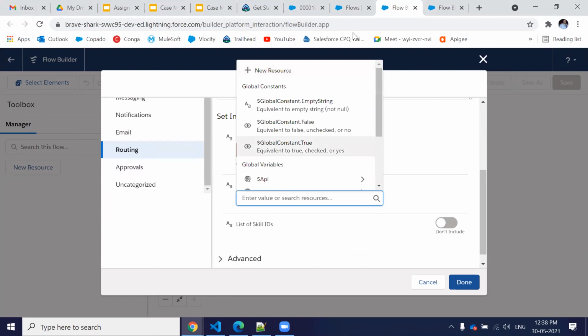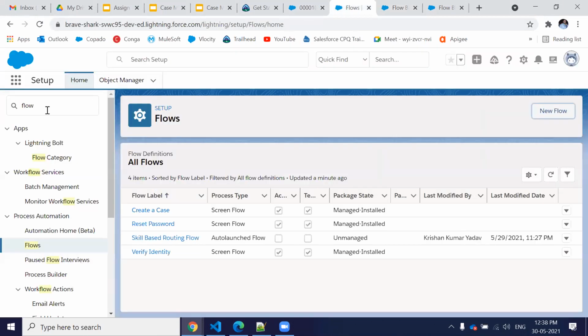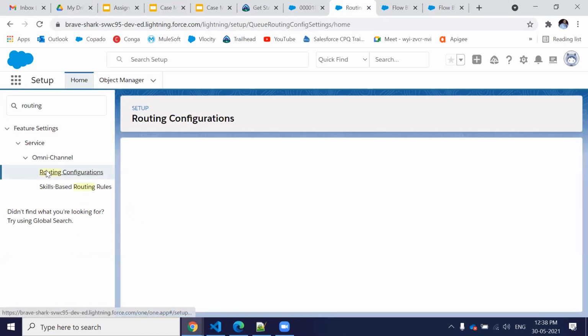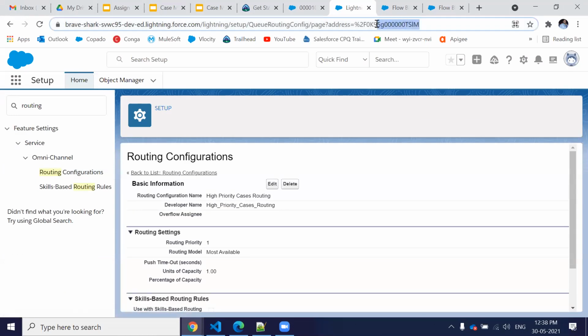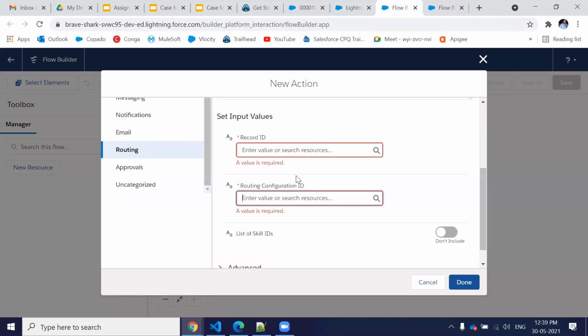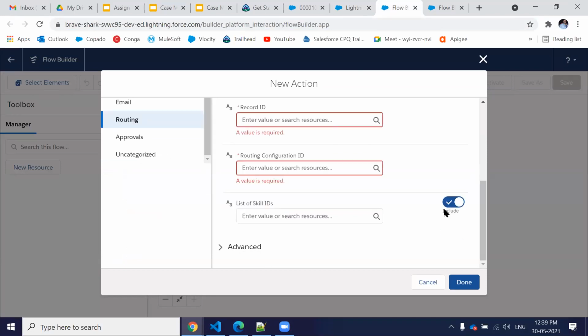The routing configuration ID is the routing configuration you have created here. You have to provide this record ID. You can provide it as a hard code, or you can maybe query it with Get Records, and then you have to provide a list of skill IDs. These are the three things you have to provide in the flow, and this flow is automatically going to route your cases using skill based routing. So these are the three input parameters you have to provide in this action.